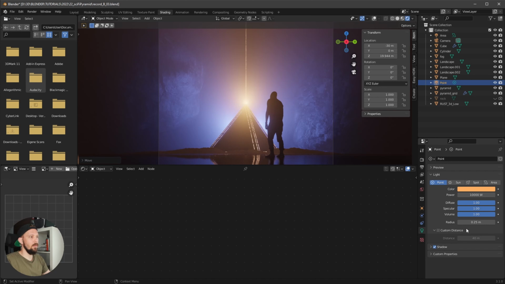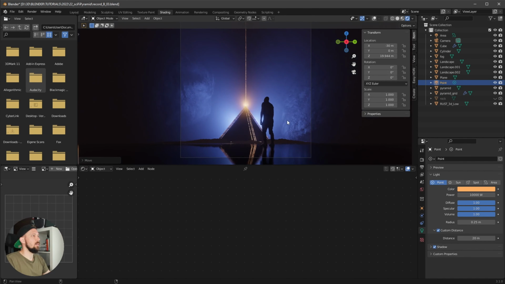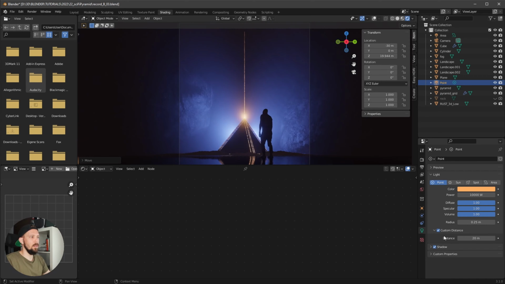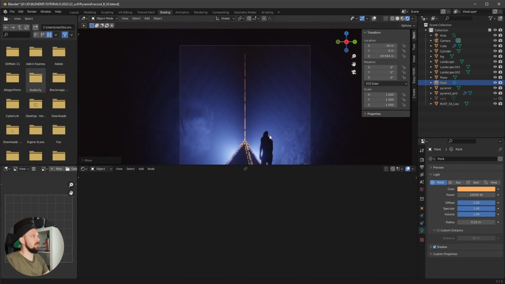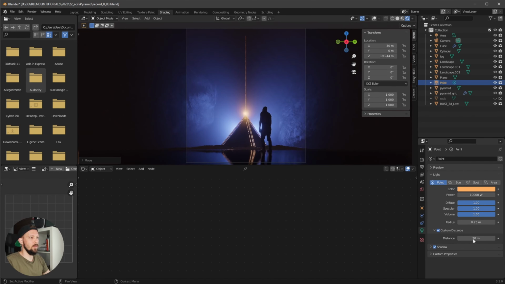And yeah, let's leave the radius like it is, and we can use a custom distance of 20, so it's not shining so much here in the scene, but I think that looks cool as well. But we add some lights later, and then this whole scene is too hazy, I think. So yeah, let's leave this one at 20, and I want to put the lights here, maybe this area